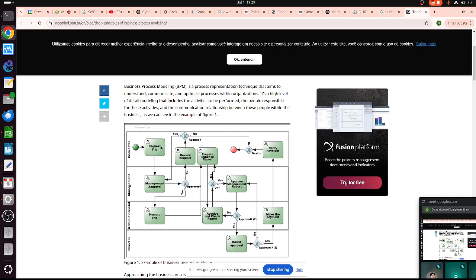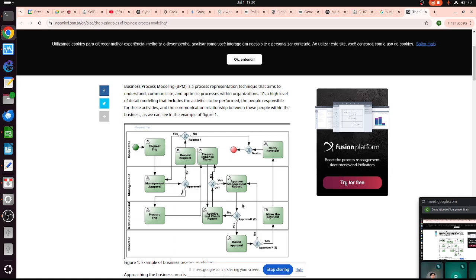All of these organizations will like to know which one is the bottleneck. So we need to identify the bottleneck, and as well,